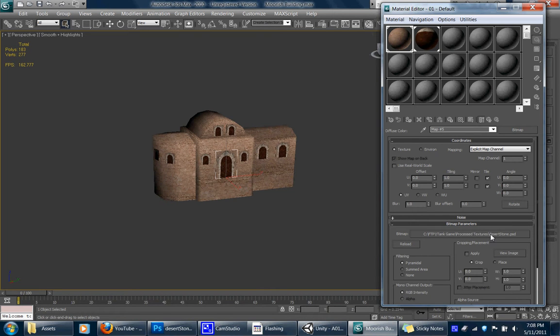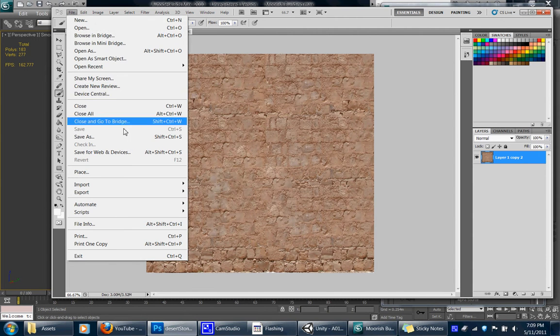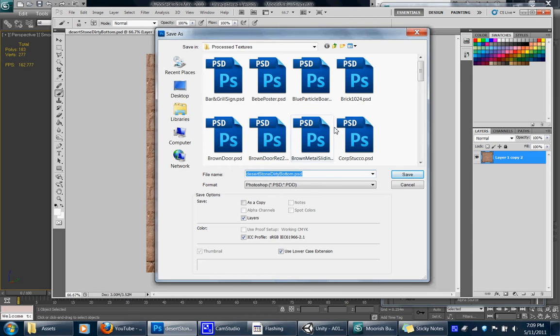So right now, you can see my naming convention is off. It says desertstone.psd. So we're going to correct that right now, and we're going to go to where this file name is at, and actually correct the name of the texture, and reapply it up here. So I'm going to go to my process textures directory. Actually, it's already opened, and I'm going to go to File, Save As. I'm going to put it in my process textures directory, and I'm going to call it texture T underscore desert stone